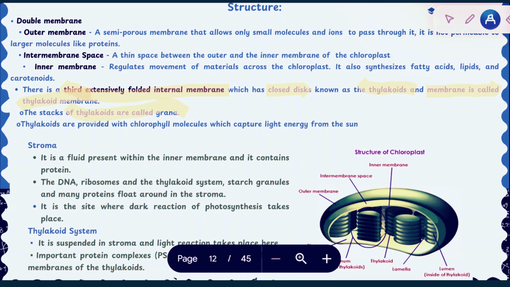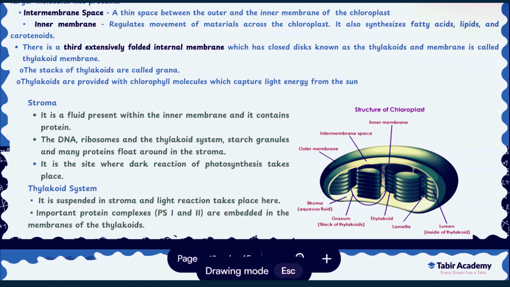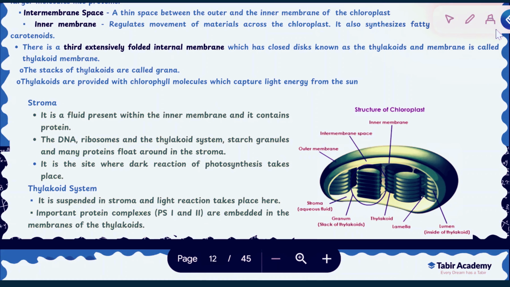And thylakoids are provided with chlorophyll molecules which capture light energy from the sun, जैसे हमने last slide में बात की थी. So now you have your stroma, जो कि आपके inner membrane के अंदर present होता है, मतलब basically